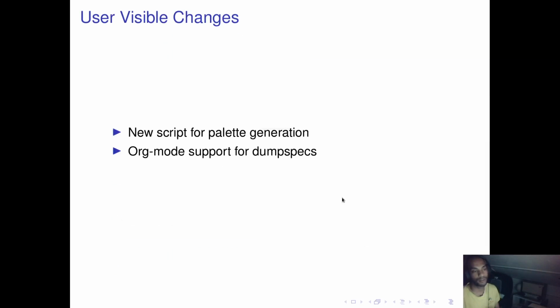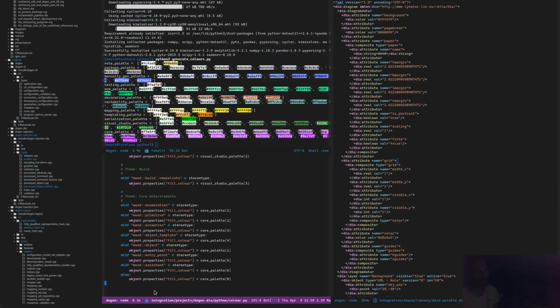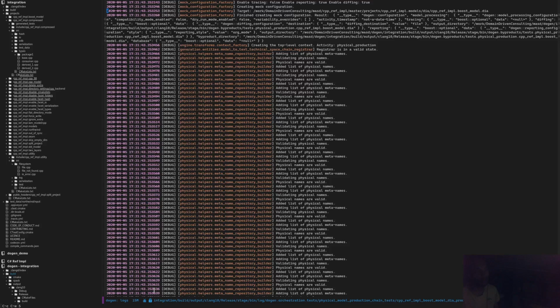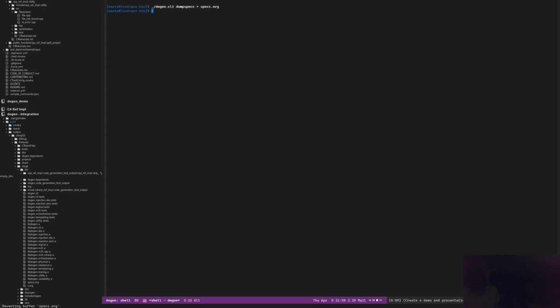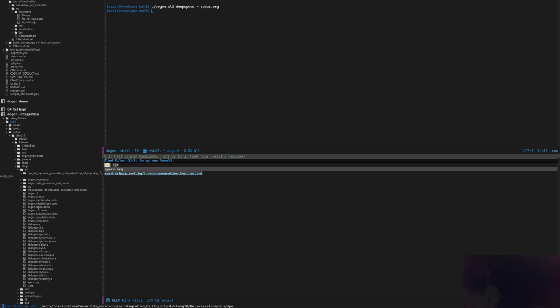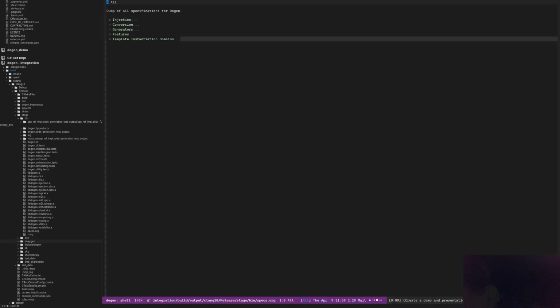The second thing we did in the sprint, which is also fairly straightforward, was to add support for org mode and dump specs. So what I'll do is hop over to a shell and create a file here. I already had it. So as you can see, org mode is extremely useful, and the dump specs command contains